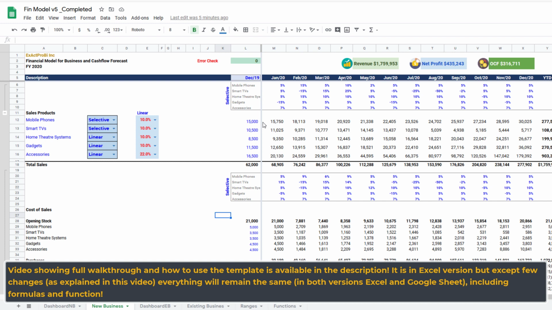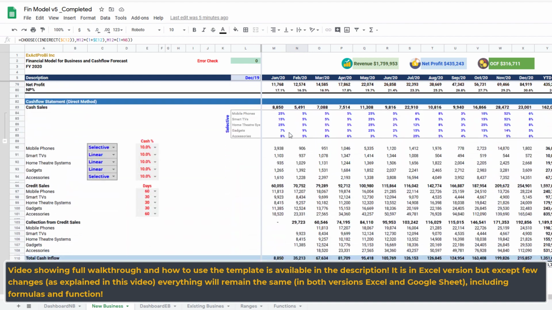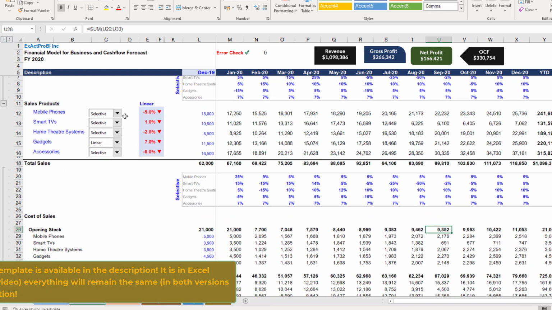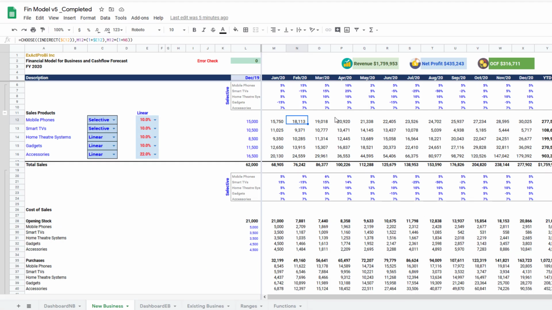Now, if you don't have access to Microsoft Excel, you can use this exact same model in the form of Google Sheet. Everything remains the same with a few changes. Basically, I have created the version of this Microsoft Excel model in Google Sheet. There are a few changes between Excel and Google Sheet in the form of some form controls, as you can see here, and also the chart. We'll go through in this video what these changes are, but the concept and the analysis remain the same.